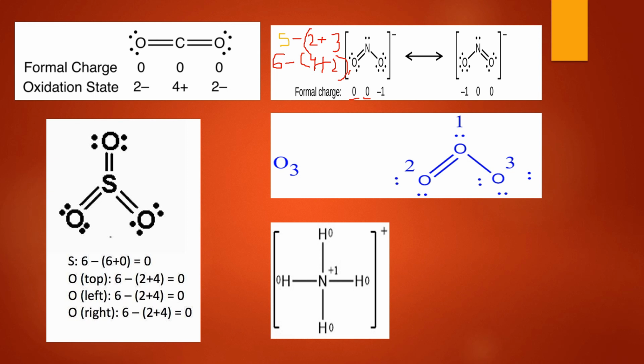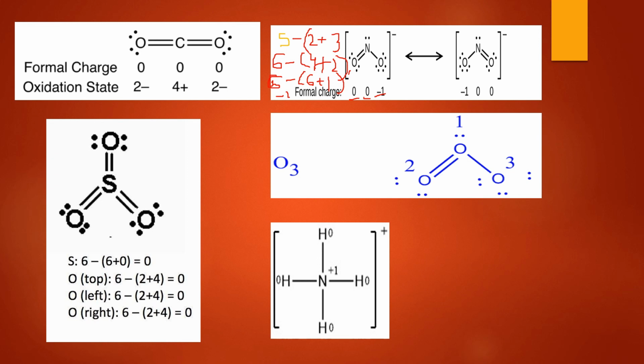Now coming to this oxygen. For this oxygen the valence electrons are again 6, right? Then minus, how many unshared electrons? 1, 2, 3, 4, 5, 6 are the unshared electrons. Now count the number of bonds. The number of bonds is 1 only. So 6 plus 1 is 7. So 6 minus 7, the charge is minus 1. So this is the minus 1 charge on this oxygen, right? So in this manner we can calculate the formal charge.